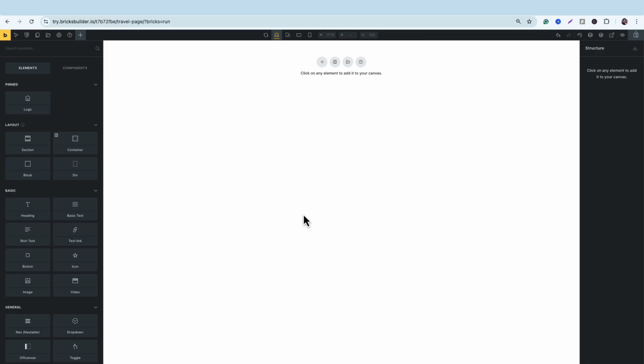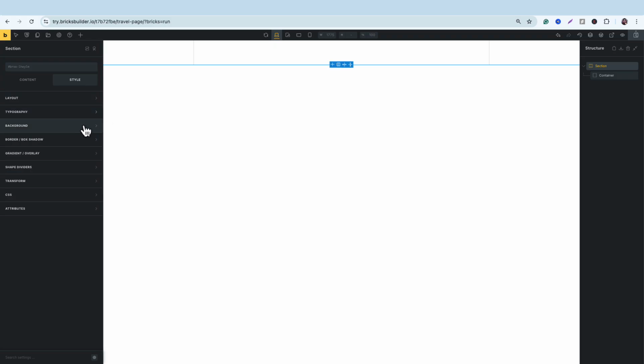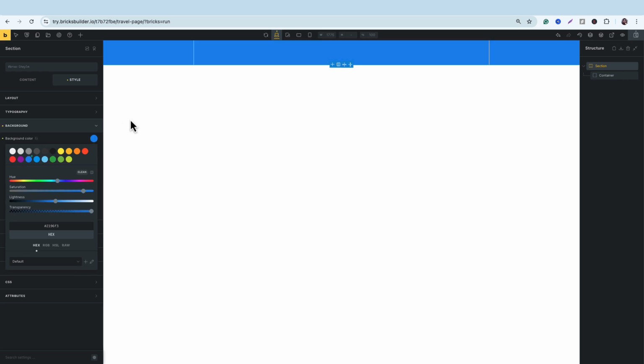To start building our website using the basic elements under the layout section, just click on the plus sign and this will add a section, and by default your section will always have a container. Now let's begin by adding some color. Click on the section and under style, head over to background and you can set your background color like so,